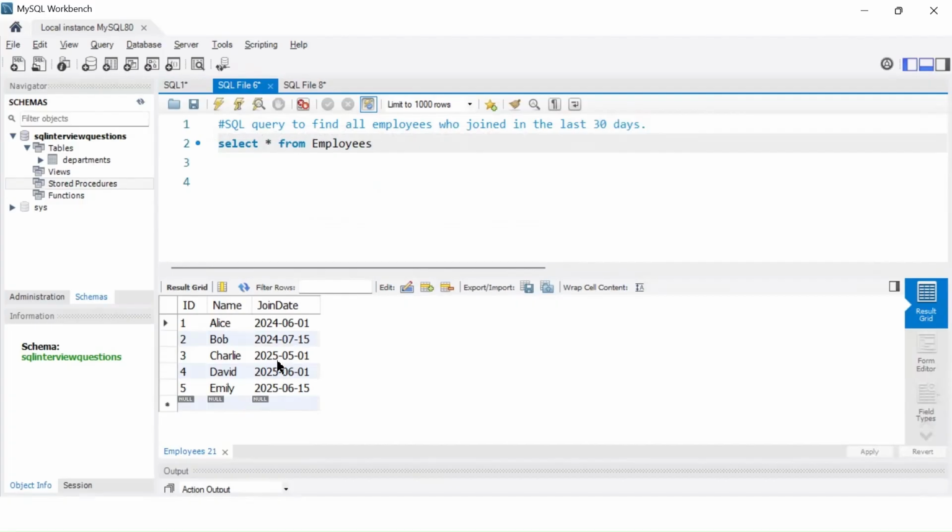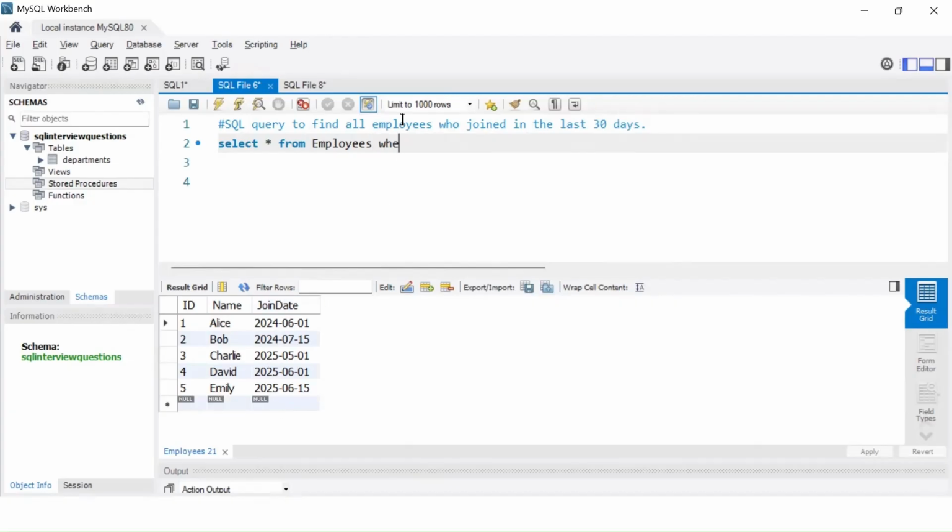Now what I have to do is filter the data. Always understand what you have to do in the query. Don't just jump into writing the query; understand what you have to do. Here we have the whole set of data, and we want some filtered records from this data. How do we have to filter? We have to filter via join date.